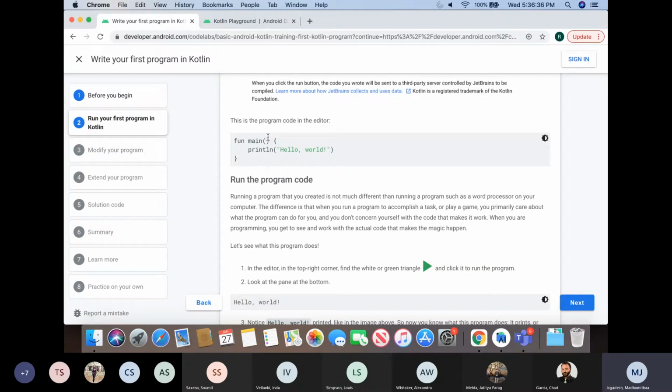And within the parentheses, sometimes you can pass in arguments. So if I was having another function, or if I had a class, then anything I develop in that, those arguments can be passed into the main parentheses. So then I can call them in the main function. And then within the brackets is where you're going to be writing your code and whatever you want to run. So print line